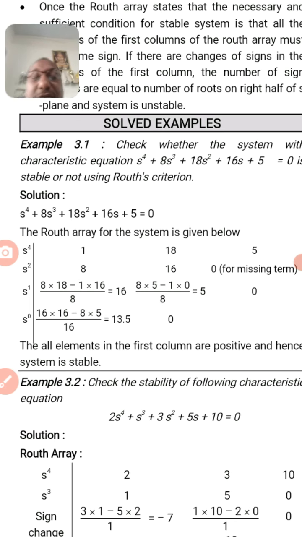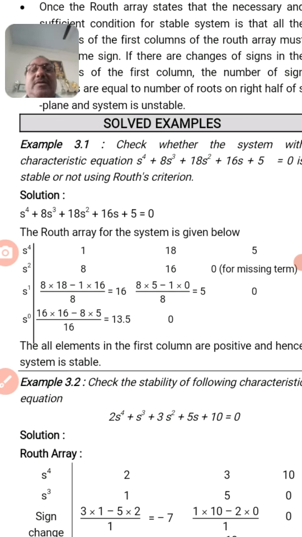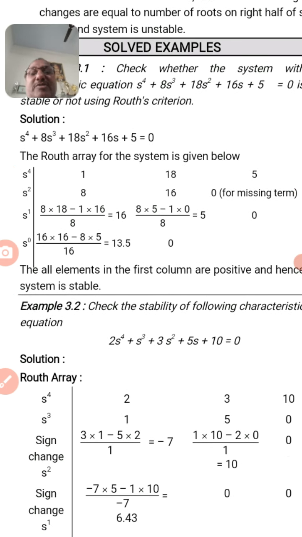But in the Routh-Hurwitz criteria, Routh and Hurwitz have placed it in matrix format, and if there is a sign change in the first column, then roots will lie on the right hand side. It is a conclusion. If there is no sign change in the first column, then roots will lie on the left hand side of the S plane and the system becomes stable. So by looking at this equation we will find immediately, within a few seconds, that this system is stable.